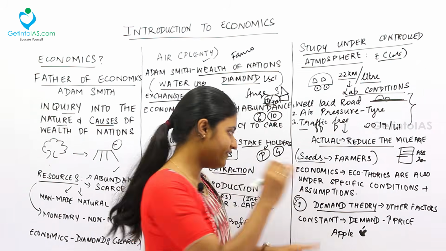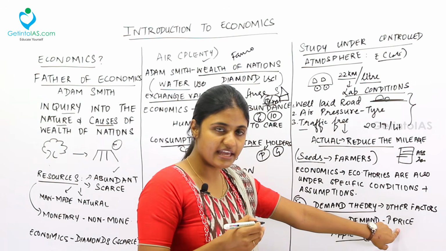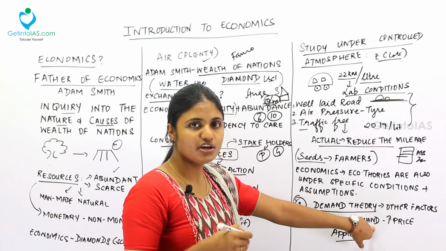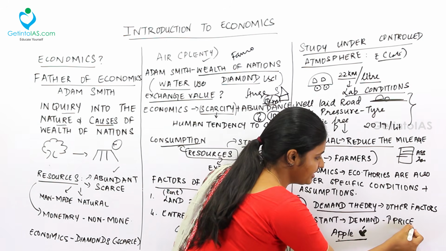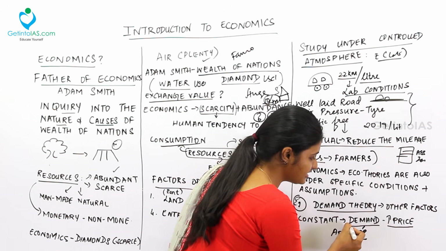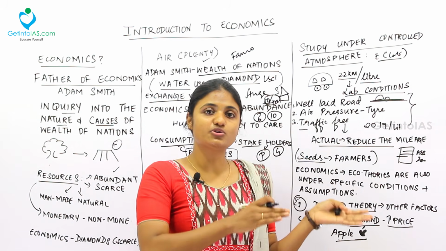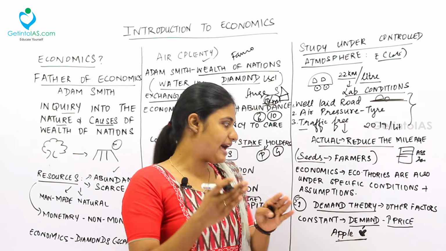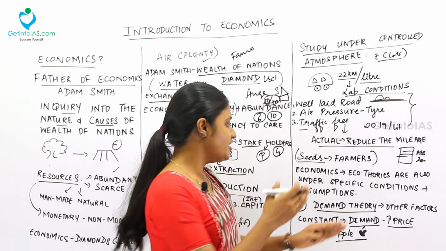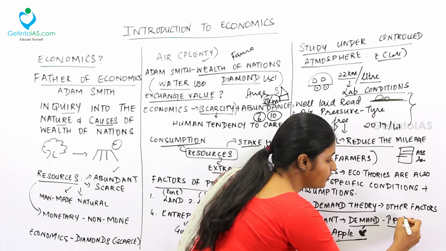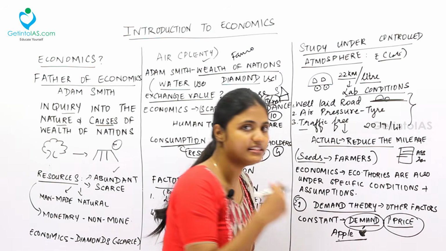For example, when the price for the Apple phone is very high, then the demand is high. You may compare, when the price of the Apple phone is very high, you may think the price is high so that the demand is high. But actually, this is a lab condition. When you come to the outside condition, outside from the lab, these conditions may vary, because in the demand theory you are taking only the price and the demand into account. So the actual condition will vary in the other factors.